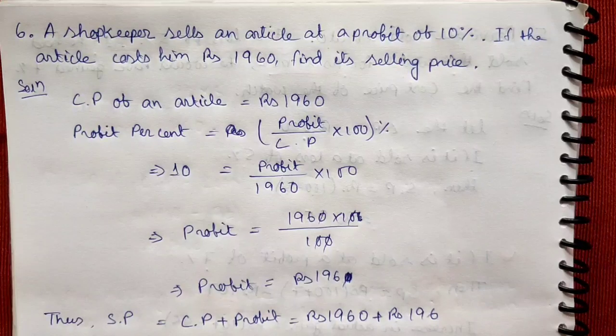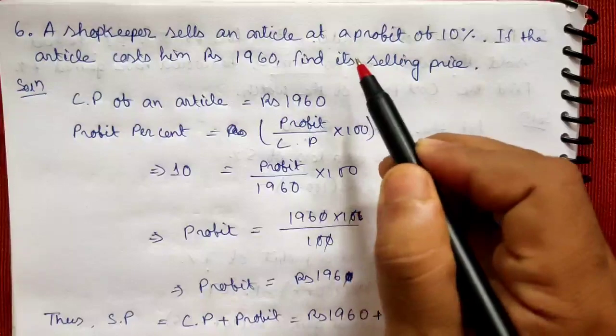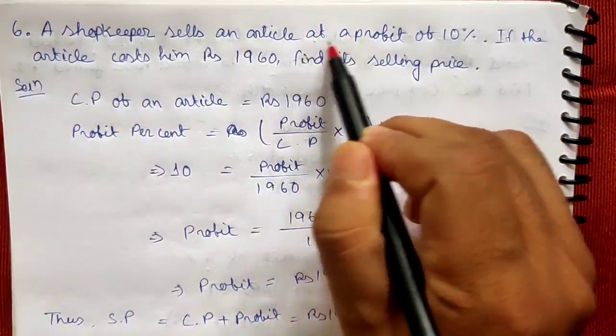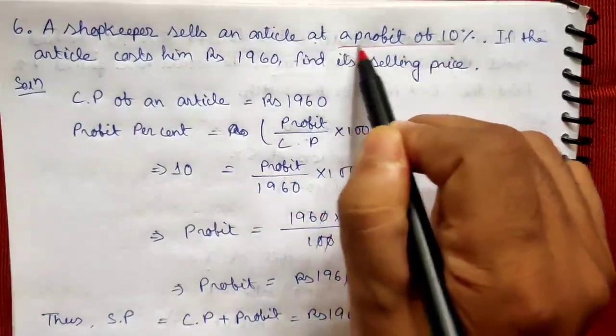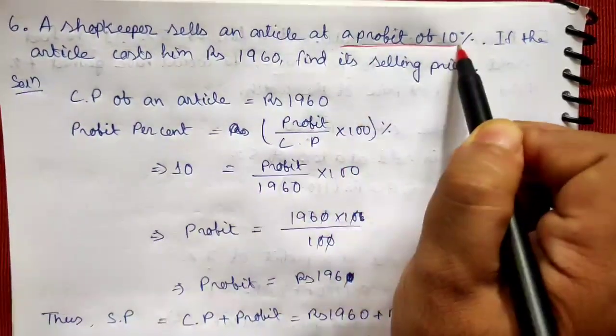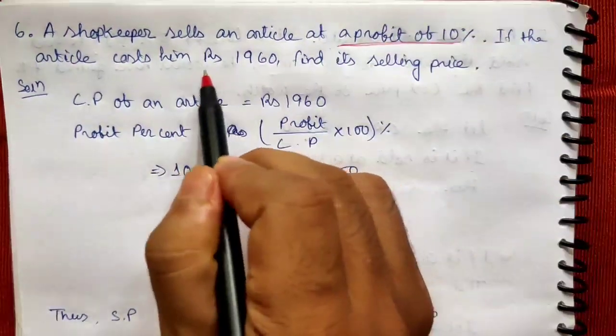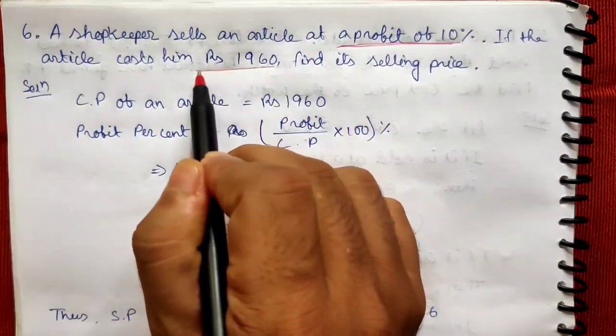So, the first question of today's class is: a shopkeeper sells an article at a profit of 18%. If the article cost him rupees 1960, find the selling price. This means what? A shopkeeper, suppose an article, for example, you can say anything. He sells the article at a profit of 18%. In the transaction, he made a profit of 18%. And if the article cost him, suppose he bought this article for rupees